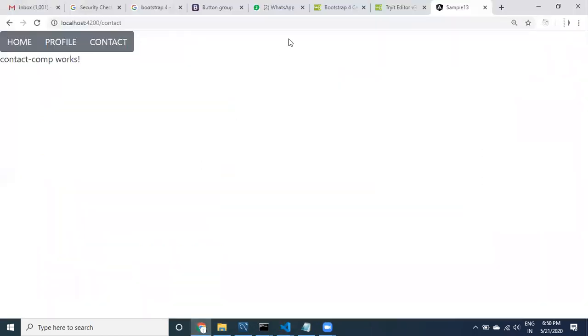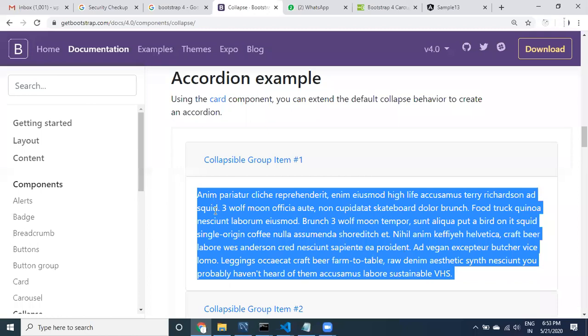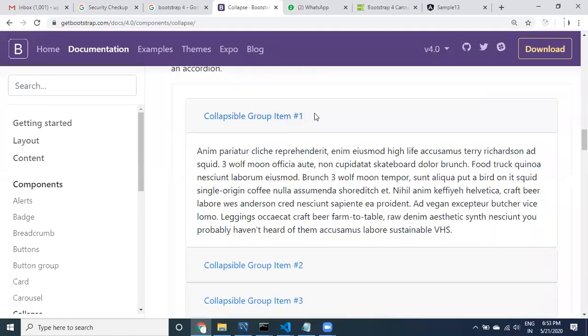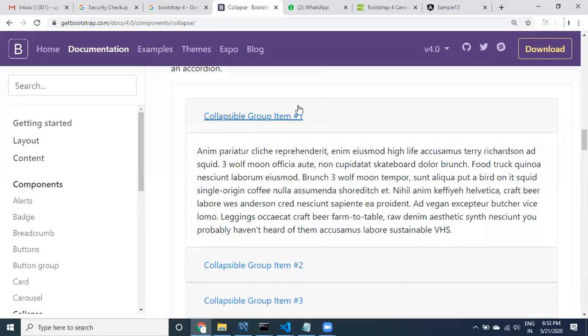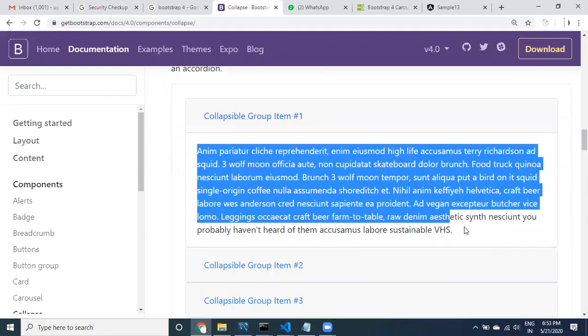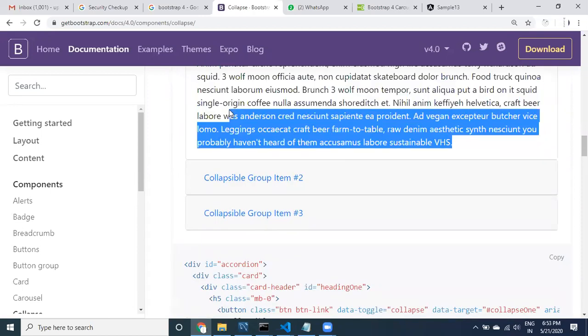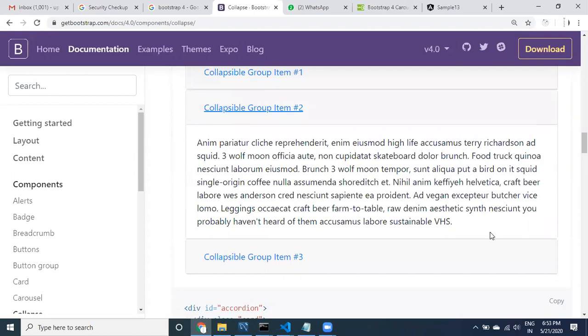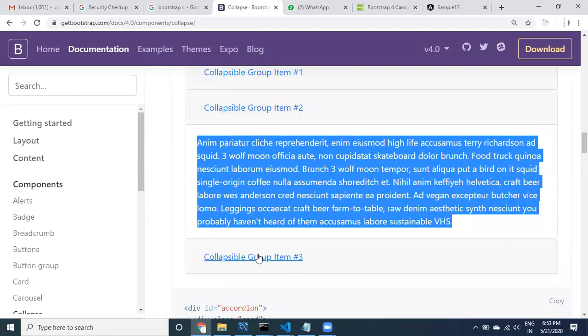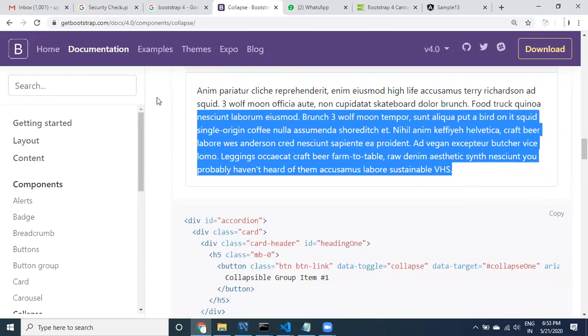So next, look at this collapse. If I click on this particular item, it is displaying here, right? This is one of the places. If you click here, this is a particular page, and if you click here, this is another particular page.